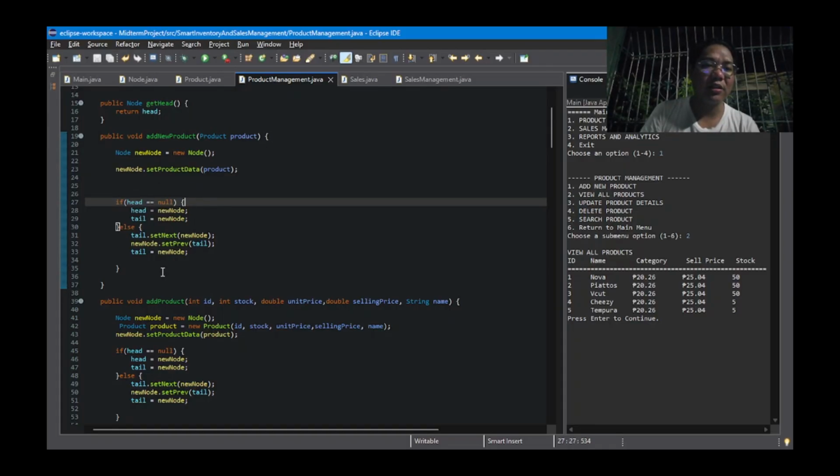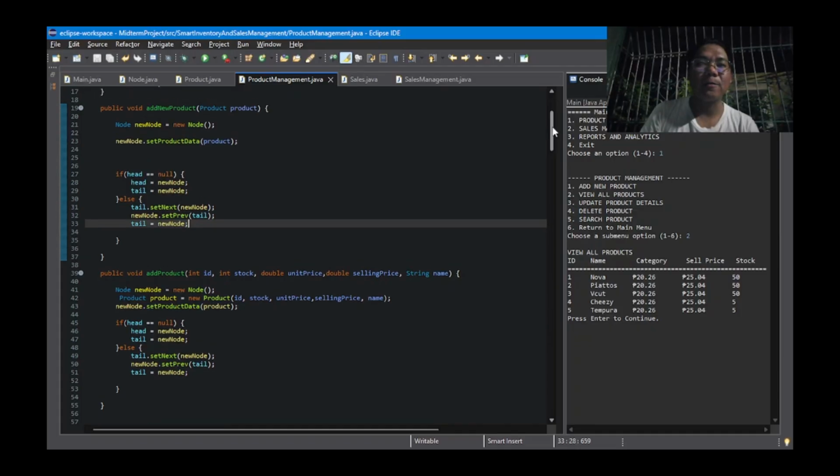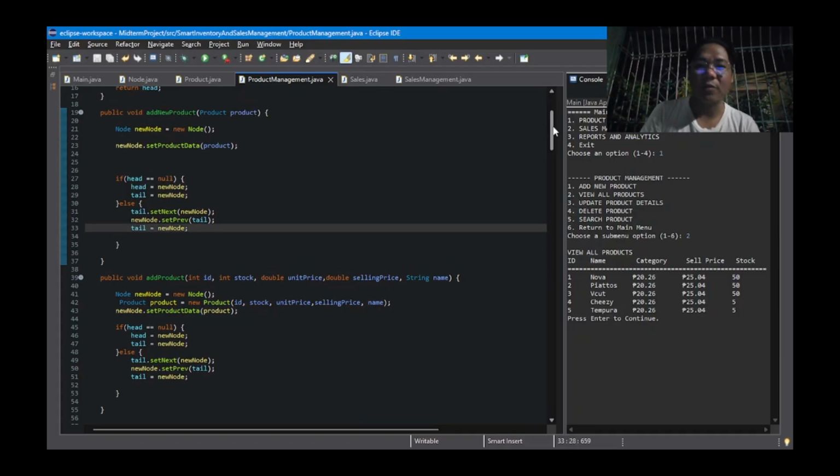If not, then the tail will be pointed to the new node created. And then this part right here, new node set previous, that's going to be the tail. That will make the process a doubly linked list.